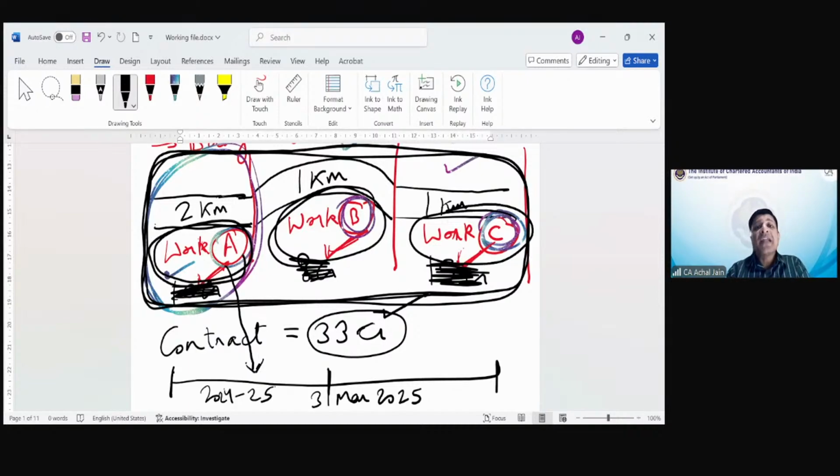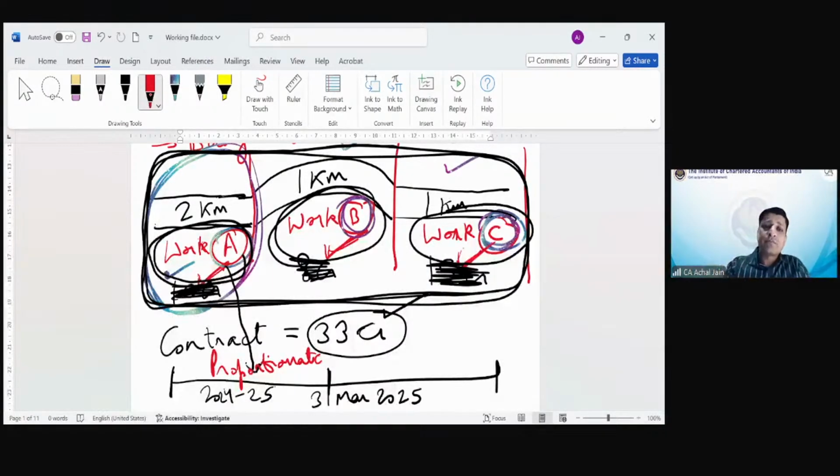If you say that these are interrelated, then we'll have to look at their proportionate value. Even though it's not mentioned in the contract, we'll have to derive that. What are going to be the ways to derive that? That's a separate discussion altogether. So you'll have to derive the percentage of completion and accordingly recognize proportionate revenue, if they are interdependent or interlinked. And we have already discussed how you derive this interdependence or interlinkage.